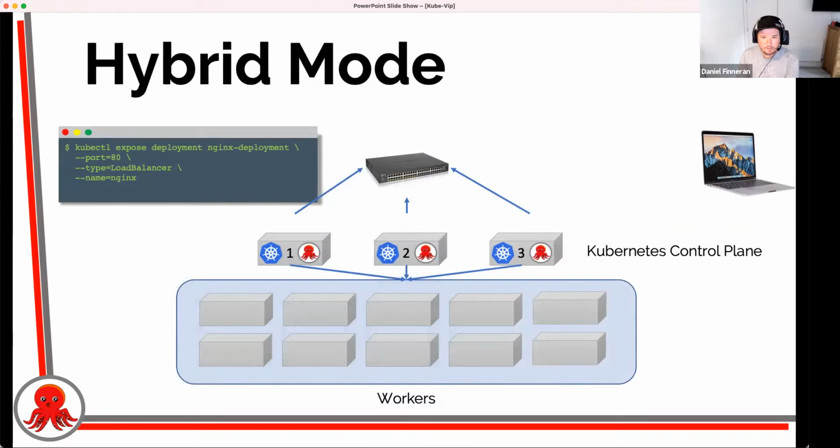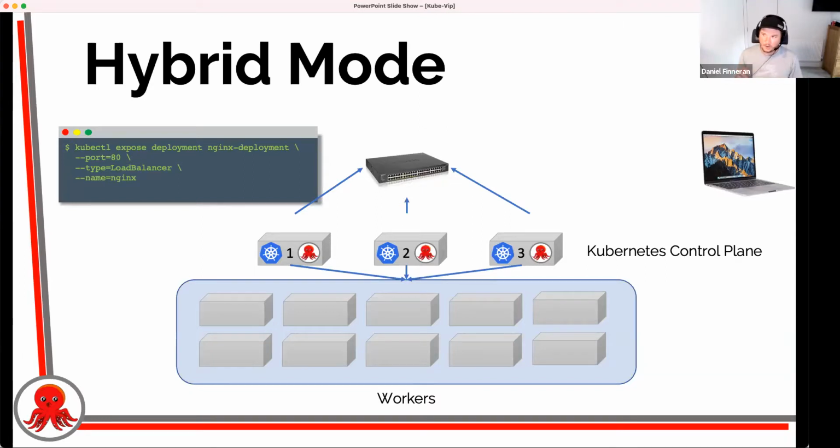This is probably slightly less relevant, but for some edge deployments, there has been a request to effectively have everything all running in the same place. So effectively what that means is we can run Kube-Vip on just the control plane nodes, providing high availability with ARP or BGP to the network.